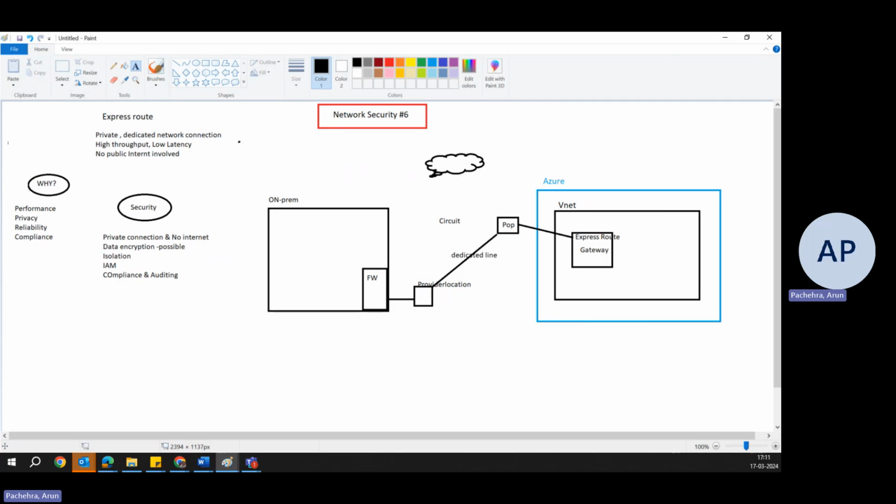Anyways, the point is Azure ExpressRoute is a crucial component for organizations looking to extend their on-premises infrastructure to the cloud while maintaining a high level of performance, reliability, and security. Its ability to bypass the public internet and provide a direct private connection to Azure makes it an essential tool for businesses with stringent compliance requirements, global operations, or those transferring sensitive